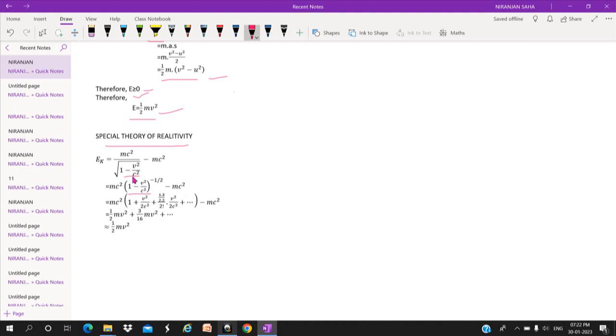So this can be expanded through the binomial theorem. We can write mc square under bracket 1 plus v square by 2c square plus 1 3